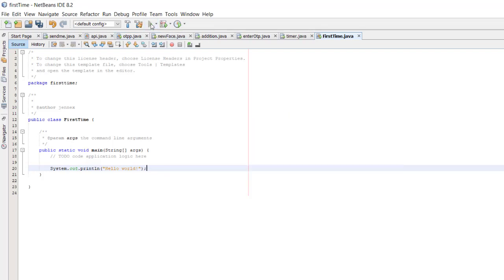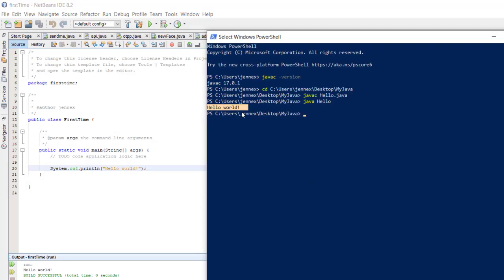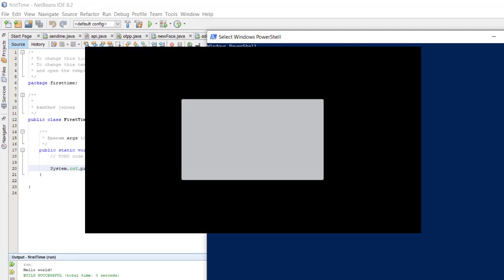So just click on it. You see the output hello world, and then we add this output to hello world. Okay, so